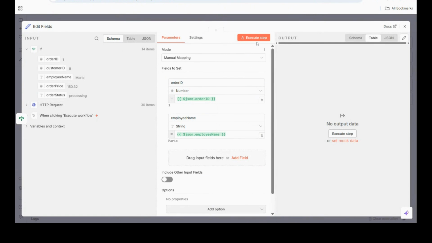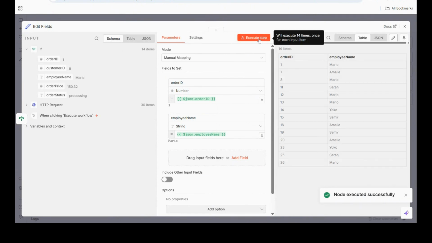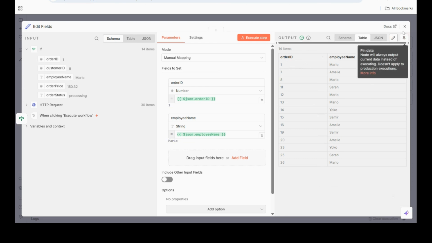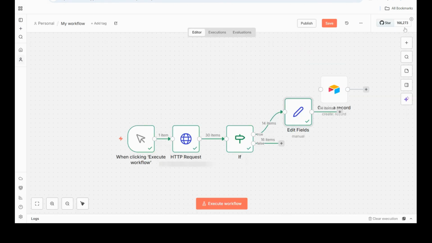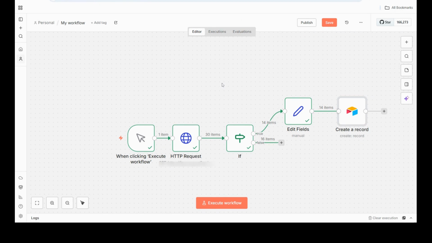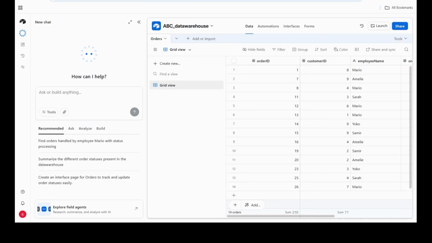Now we're going to execute this step, and we see that we only have order ID and employee name. So we'll exit out of here, and we'll reconnect this create records node. So now we're going to go back to Airtable, and we are going to create a